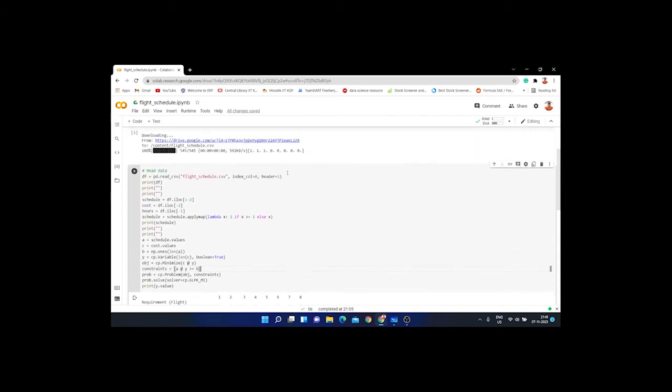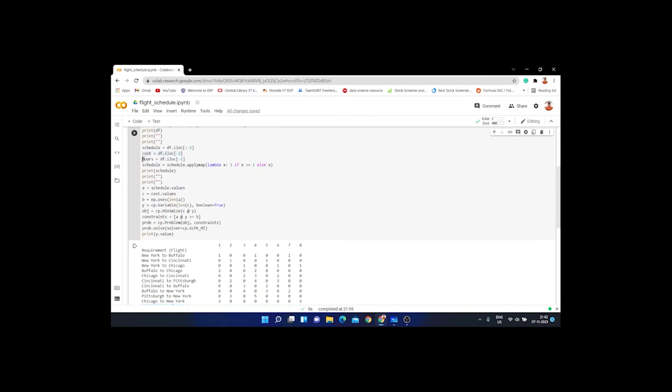with code. The code here, this is just importing the data, this is making the table, schedule is the table, which is known as the A matrix. As you can see, A is a matrix made from schedule. Cost is an array of costs.